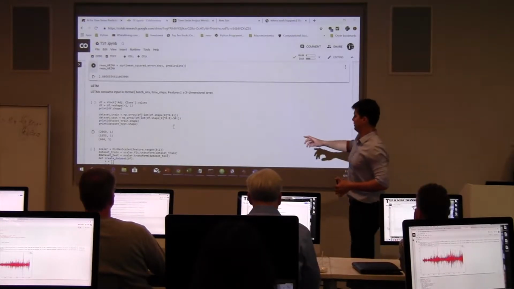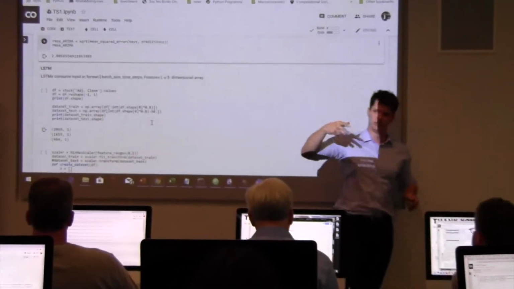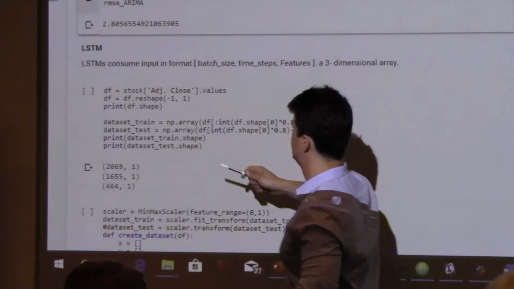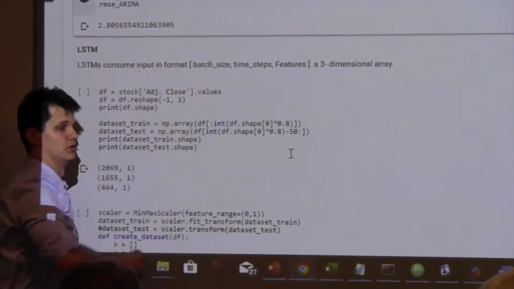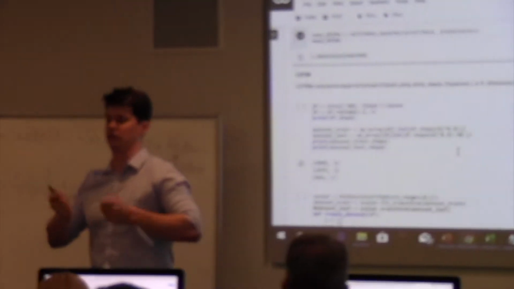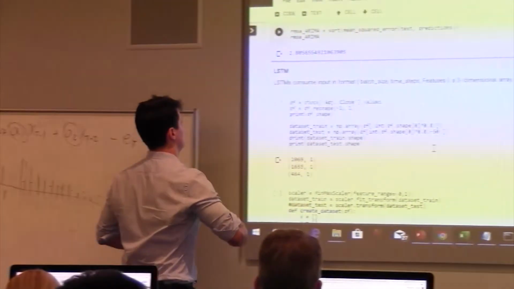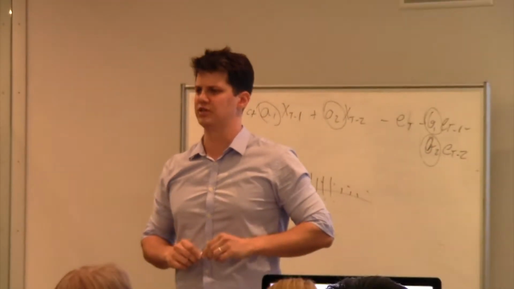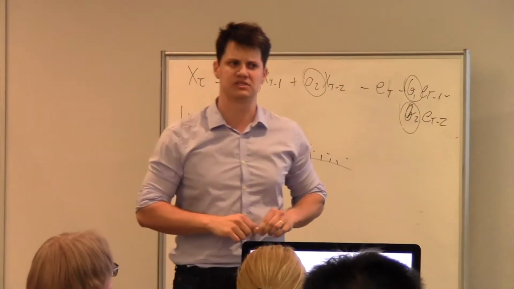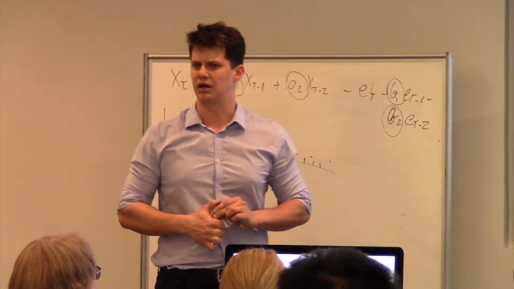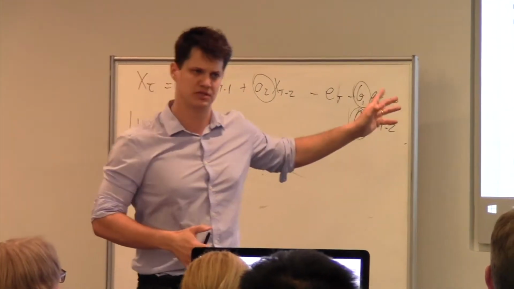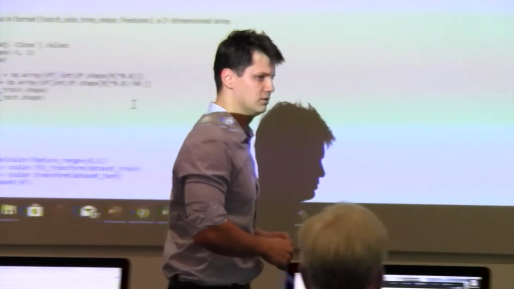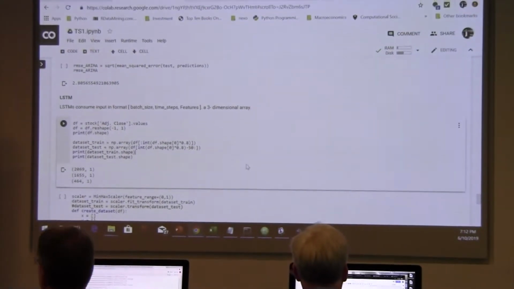I'm not going to run the model because it takes some time and we would lose some time. But basically, in the result, we use the mean squared error for the level of error of our model, and we have 2.8. Remember that beforehand, we were having 5 point something with MA. MA was 10 point something, and the previous day prediction was 5 point something. So this model is an improvement. Now let's move to LSTM.